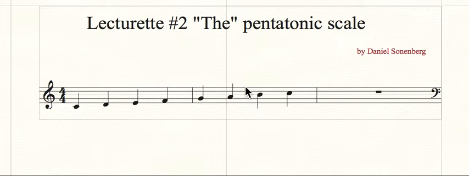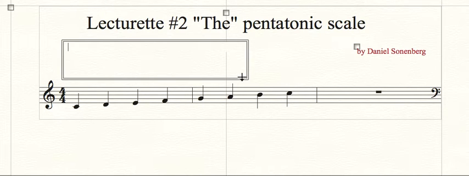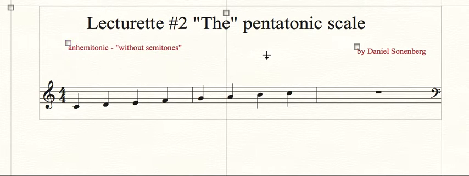And the reason is that when people talk about the pentatonic scale, very often they are talking about the anhemitonic pentatonic scale. Anhemitonic, I don't really know how to spell it, but I looked it up. And that means without semitones. And this has been a very, very important scale in all kinds of folk music, in pop and rock, and